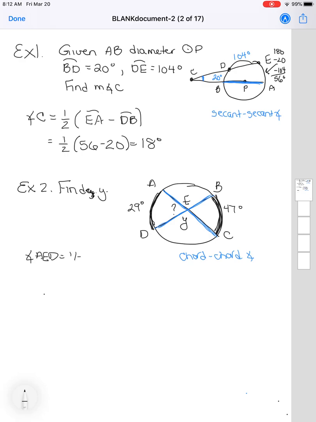So that angle, angle AED, using the formula would be equal to 1/2 the arc that's in front of it, which is 29, plus the arc that's behind it, which is 47. When you add those together and take 1/2, you should end up with 38 degrees for that. And then based on that, if angle AED is equal to 38 degrees, then Y is supplementary to that. So you do 180 minus 38,